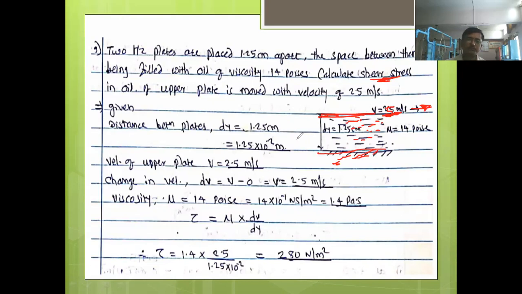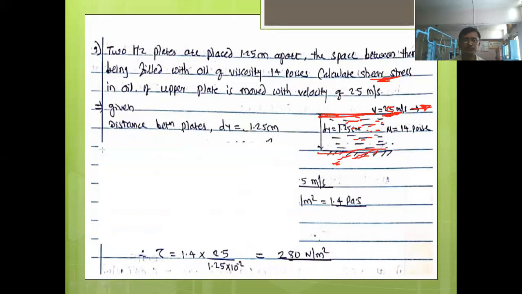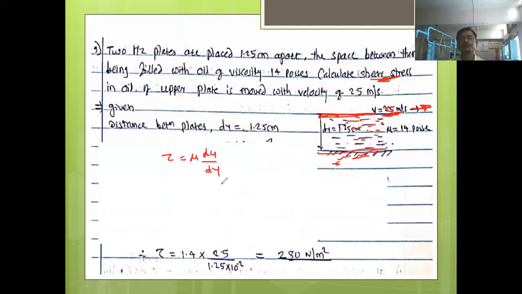So now here we have discussed the equation. We know the equation of shear stress. What is that equation? Tau is equal to mu into du by dy. Correct. This equation, right? Now we have to calculate the shear stress. Means we have to find out what is the value of tau, right? And to find out that value, we require this value and this value.